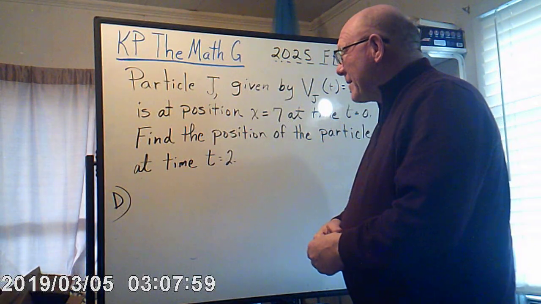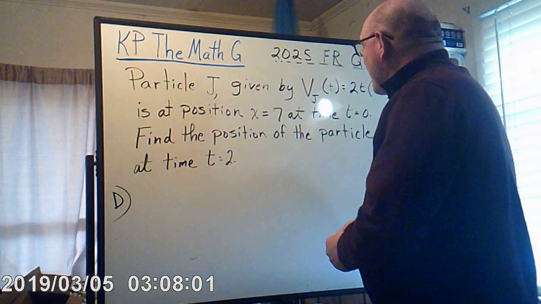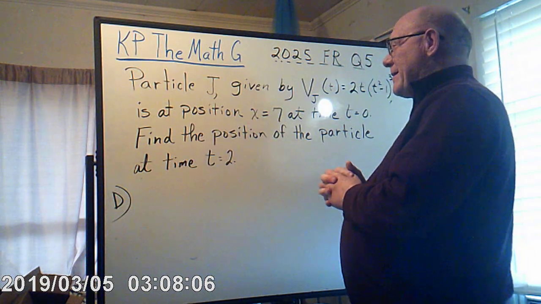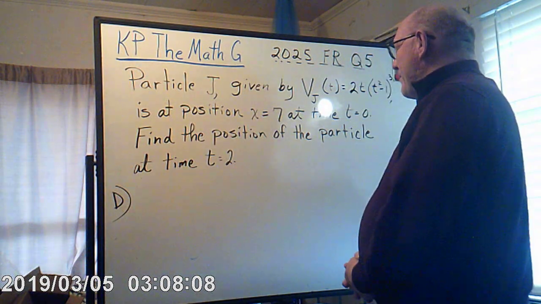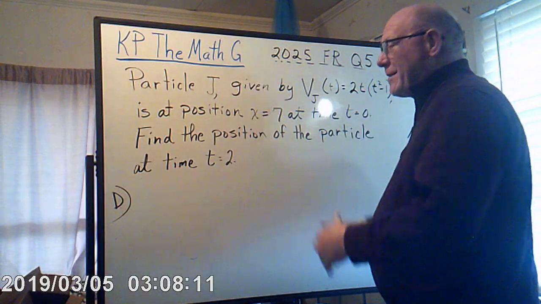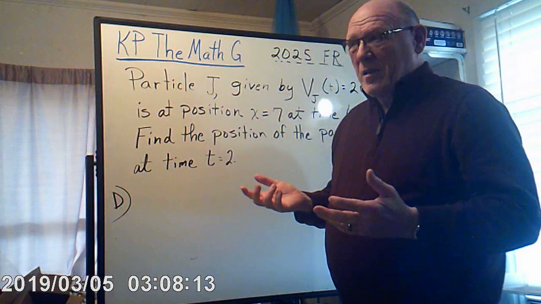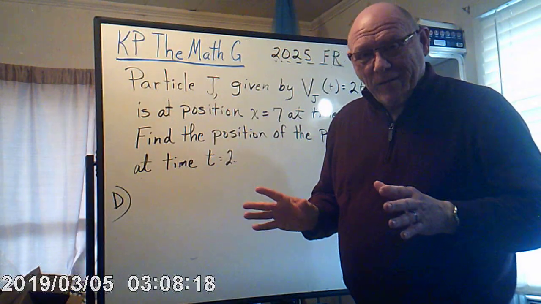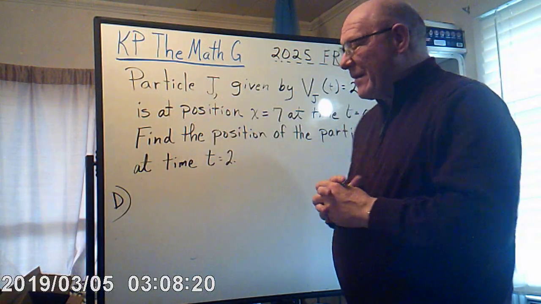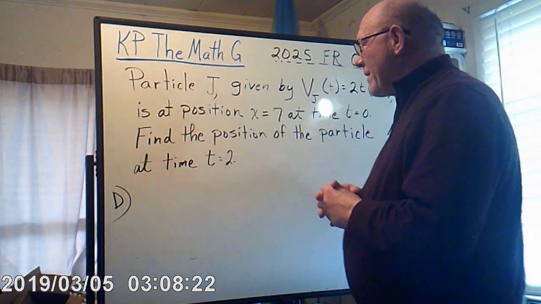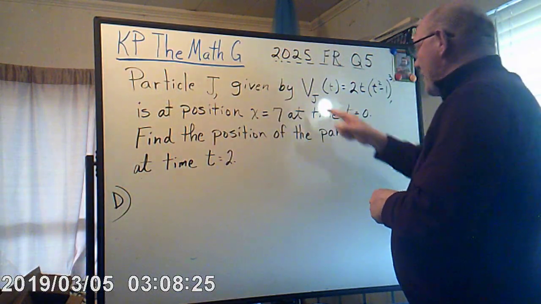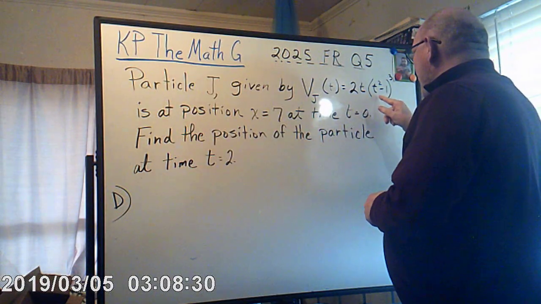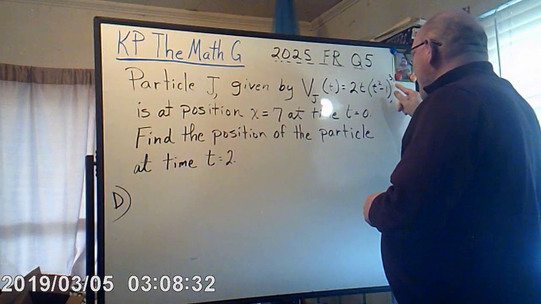Calculus AB problem, going from the 2025 free response question number 5. It says particle J is given by... Now there is an X at H at T. We don't have to worry about that one, the function of H. We're just worried about the function of J. So it's given by this velocity equation, v of J at t equals 2t times (t squared minus 1) raised to the third,